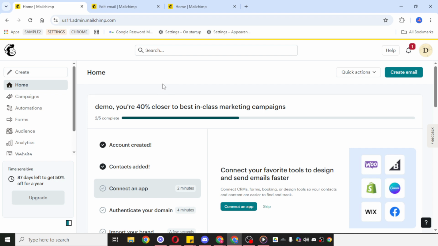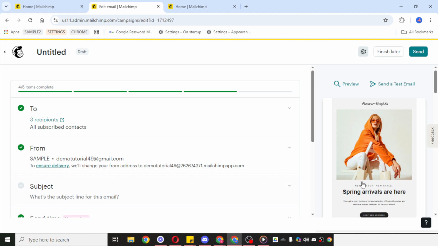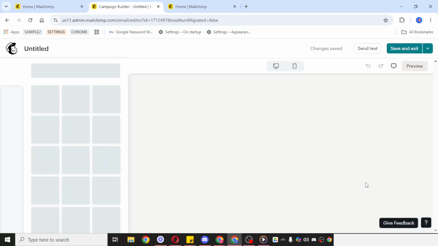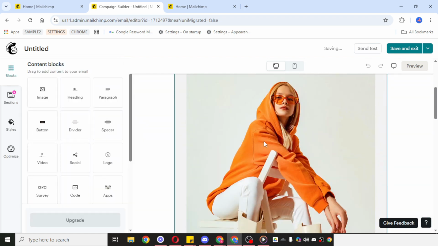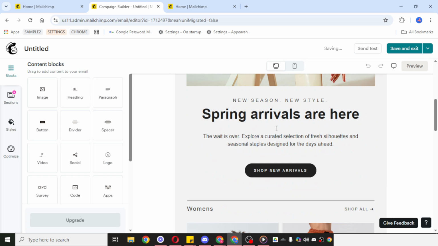Once you're inside the email editor, the goal is to locate the text section where you want AI to help you write or improve the content. Next, click on the email you want to update, and then click directly on the text area. As soon as you select that text block, you should see the editing options appear. This is where MailChimp gives you tools to adjust and rewrite your content.